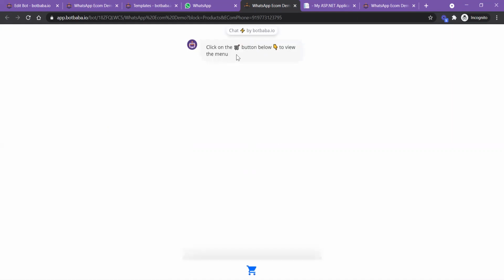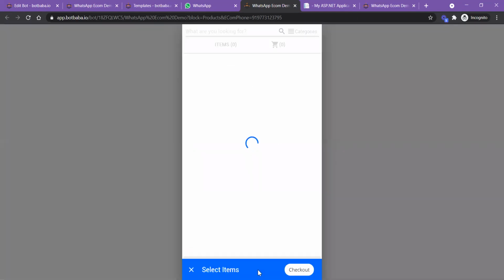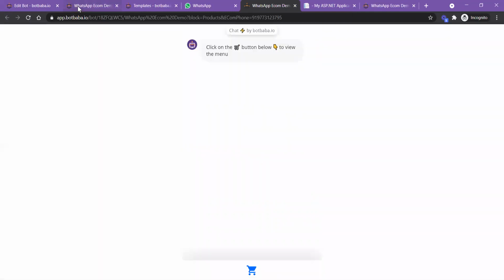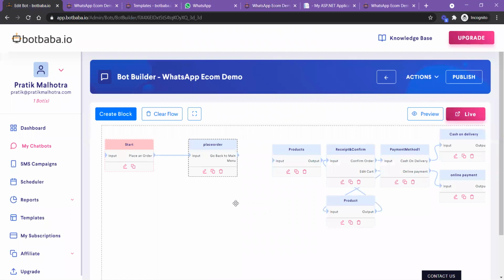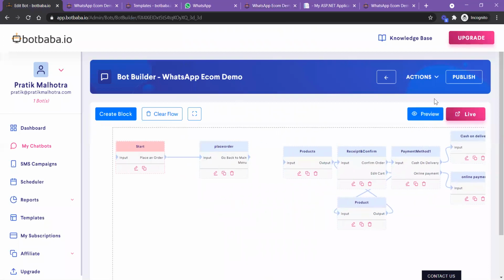It says click on the cart button below to view the menu, but there are no items currently. The next step which we'll do is add some products to this bot.